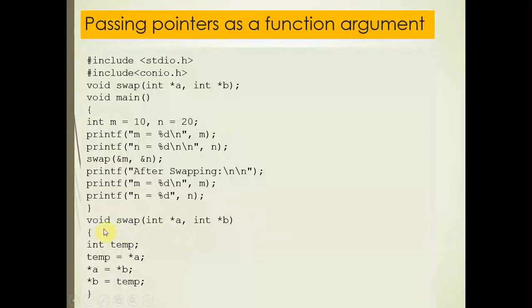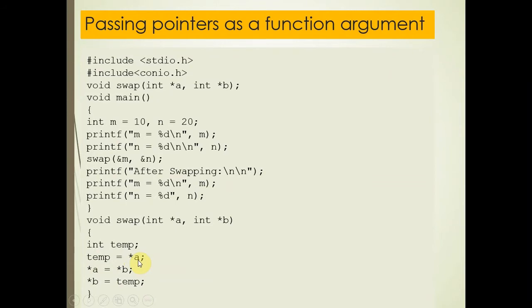So you just see the concept of swapping. Here I have taken a temp variable. So temp equals value at a, value at a equals value at b, and value at b equals temp. What does it mean? I have taken here temp as an empty box which contains the value at a.